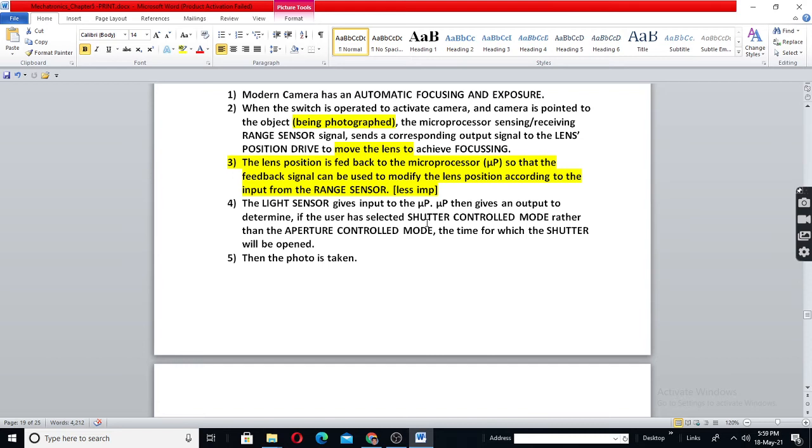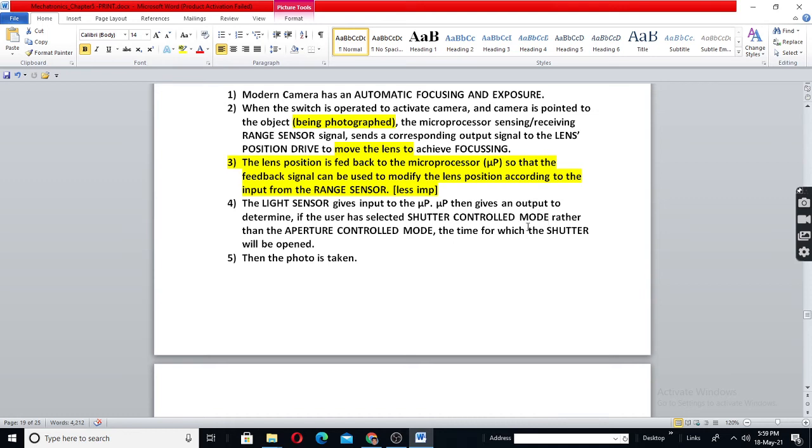Otherwise, if light is falling continuously, you will not get any image there. So that is done by controlling the area of the light passage. That is called aperture control mode, or shutter control mode.